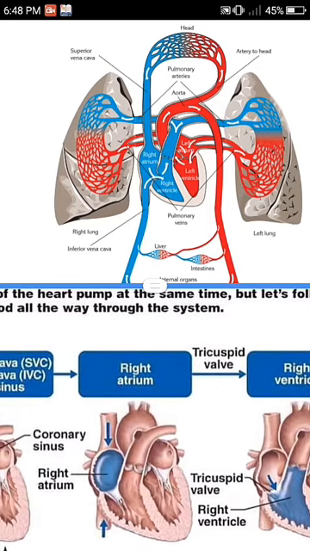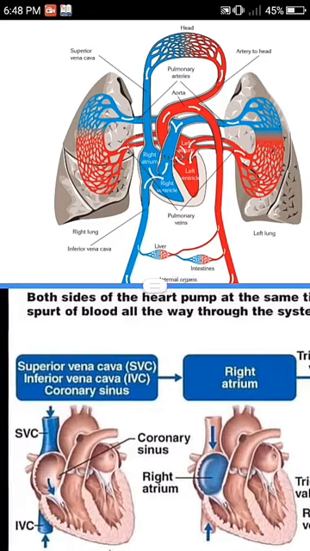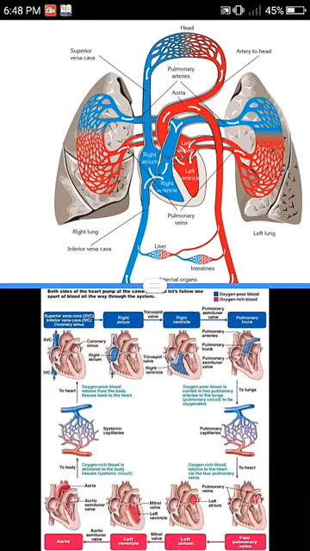The poorly oxygenated blood travels to the right atrium, which opens from the upper portion, the superior vena cava, and the lower portion, the inferior vena cava. So the low oxygenated blood comes into the right atrium, and therefore